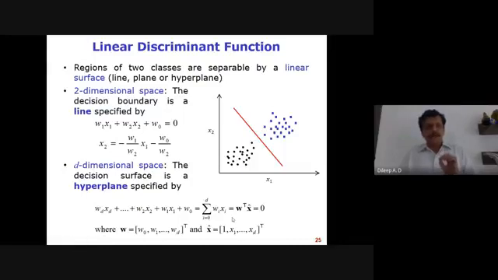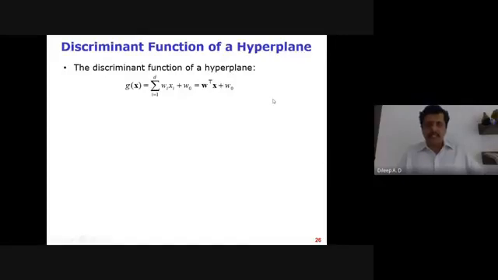In this particular case, what is known to us is only this x vector, which is your data vector. What is not known to us is the parameter vector w. We need to learn this w such that the line is placed in the region of separation of the two classes. We learn this from the training examples. Now this linear expression, w transpose x plus w naught, is what I call a discriminant function, and I'll be learning this discriminant function here.